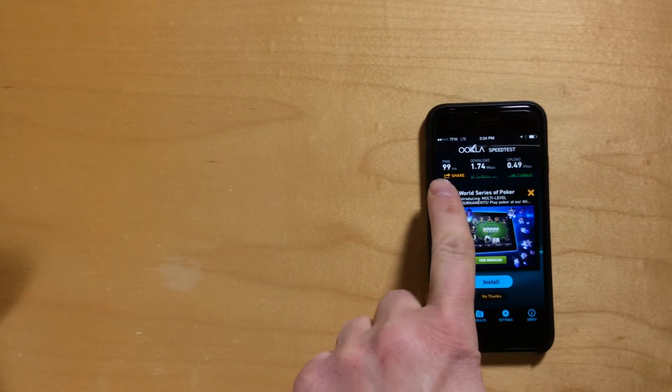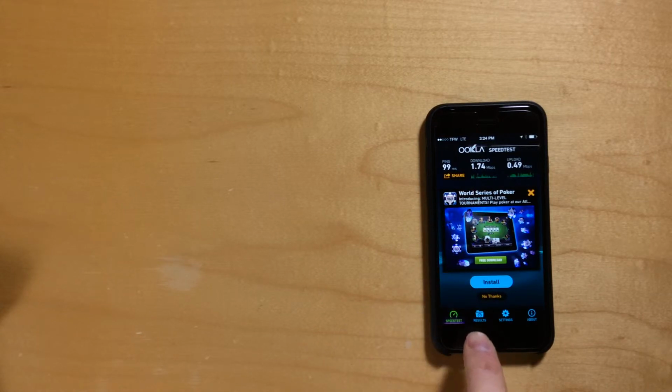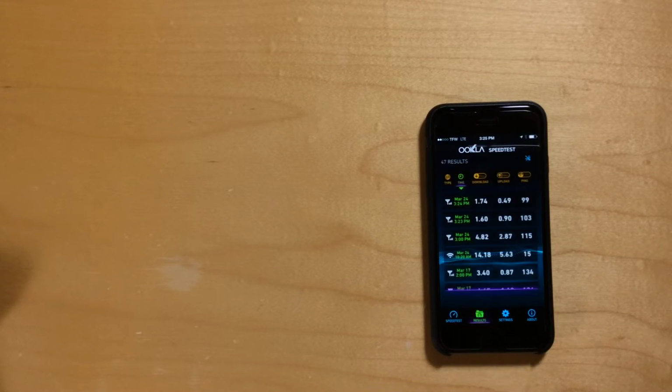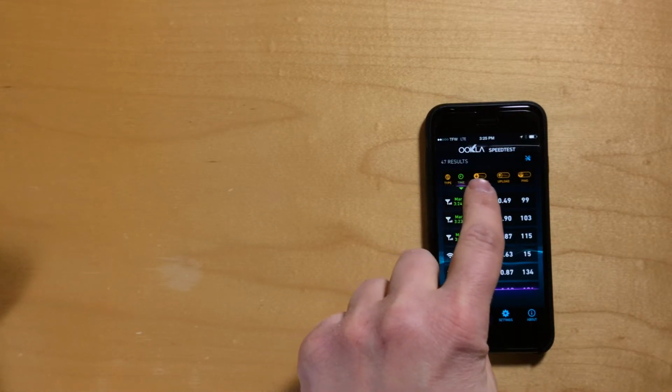You can see after the test runs that the results are displayed across the top, but there's also this button results down here, and that will take you to a list of all the results from previously run tests. You can see that the test results are displayed in this table, and then there's 5 columns. There's a type, time, download,